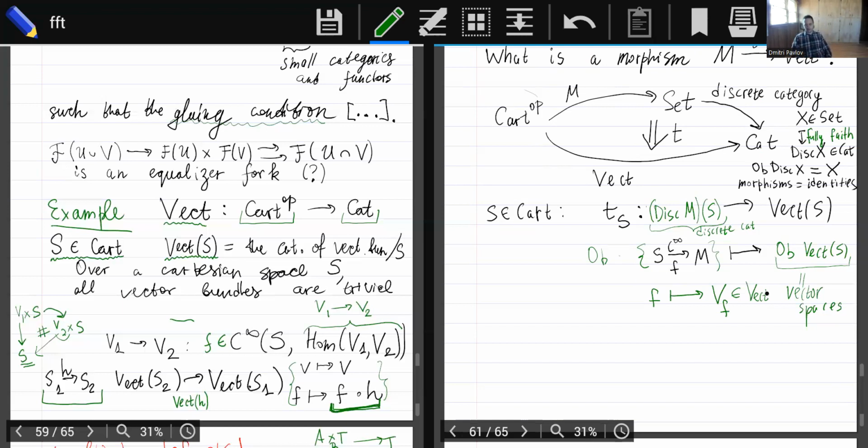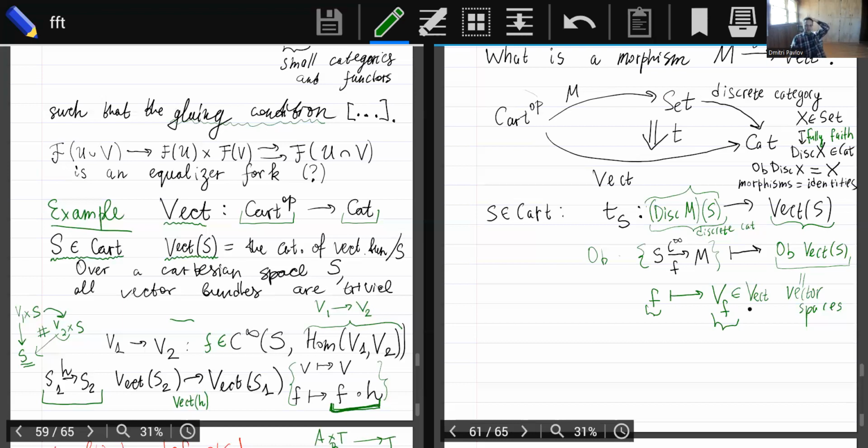And how can we see this? Well, we can see it using the condition of naturality. Yeah, so the natural transformation sends an object in this category to a vector space. An object is just a smooth map f from S to M. Such an object f is mapped to some vector space Vf. And a priori, all these vector spaces can be different. And as we will discover in a moment, the naturality condition forces all of them to be the same,